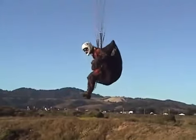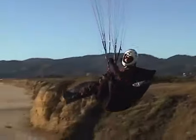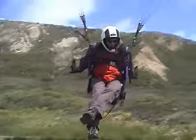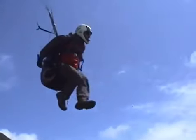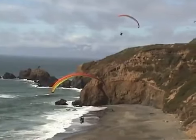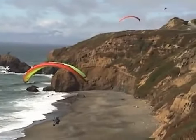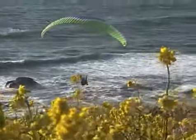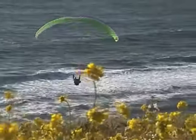Some cliffs are amazingly easy to launch from in winds of 6 to 10 miles per hour. Don't let them seduce you into thinking you know all there is about cliff launching. Make sure you consult your instructor and local pilots if you have any doubt on the proper technique. If you are new to either the site or the launch conditions, take the time to closely watch other pilots